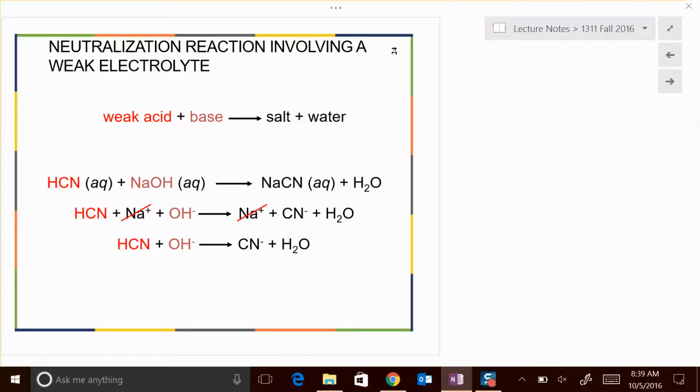Okay, so how about a weak acid plus a base? So I'm going to react a weak acid with a strong base. So here's my sodium hydroxide, it's strong. Here's my weak acid, hydrogen cyanide. Hydrocyanic acid, excuse me. Hydrocyanic acid, sodium hydroxide, double replacement, right? So the sodium cyanide. And then what do I still have? I still have